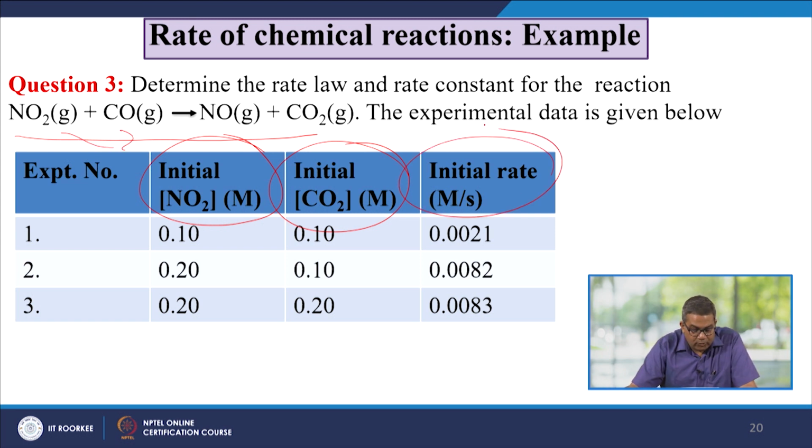The initial NO2 concentration varies from 0.1 to 0.2 and the initial CO concentration again from 0.1 to 0.2. So the initial rate is given. Now let us take up the solution. The general rate law including all reactants is written as rate is equal to